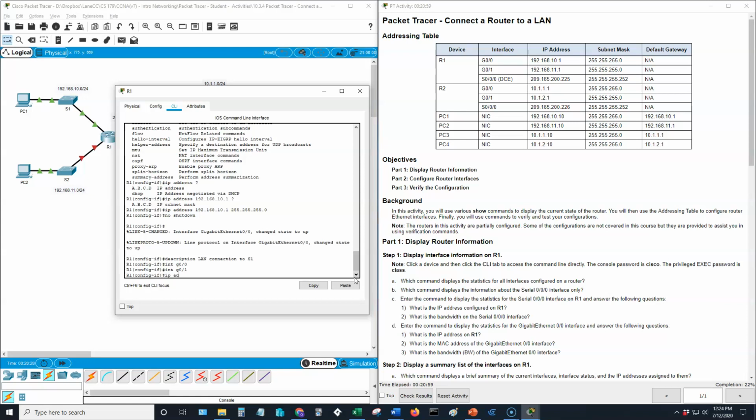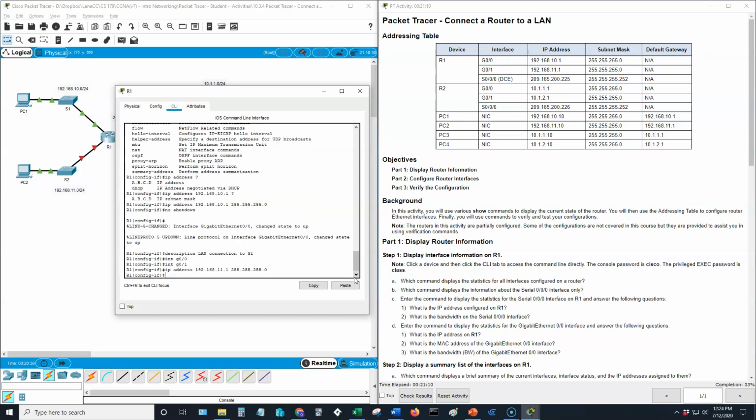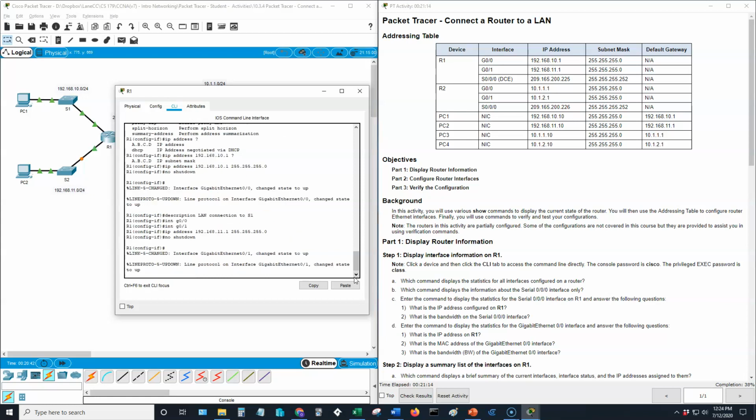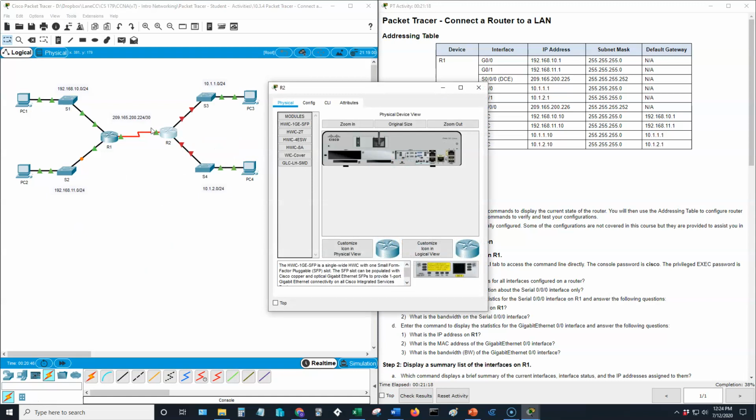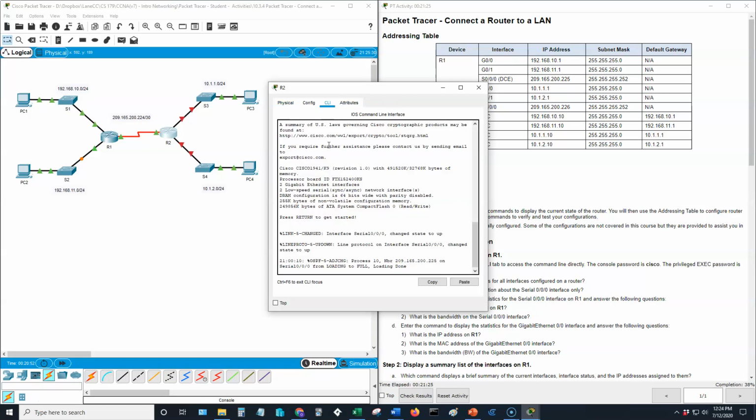So we'll do here IP address 192.168.11.1 and the mask of 255.255.255.0. And then we'll do the no shutdown. All right, so that one's running. Let's go over to router 2 now. And you should notice over here, notice that the routes are starting to come up. So on router 2,